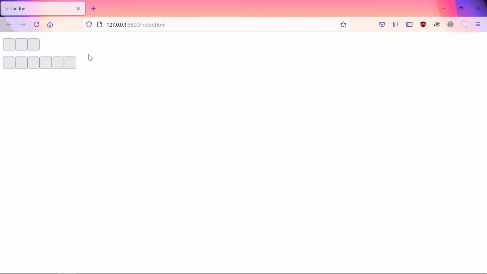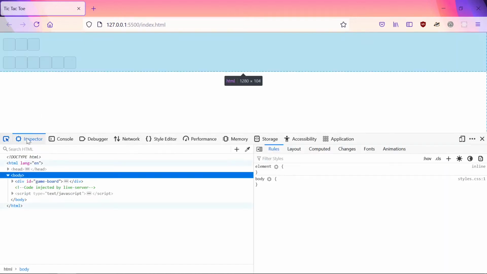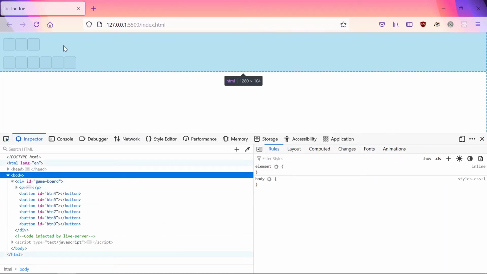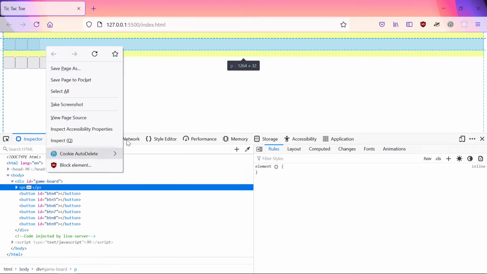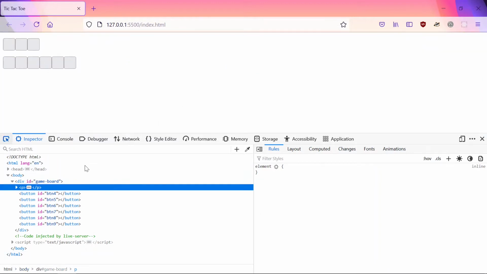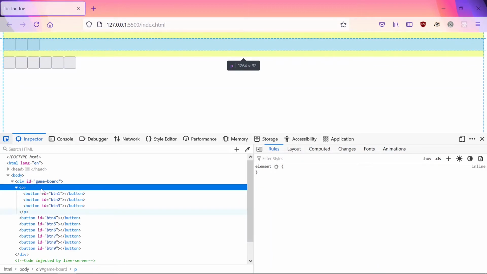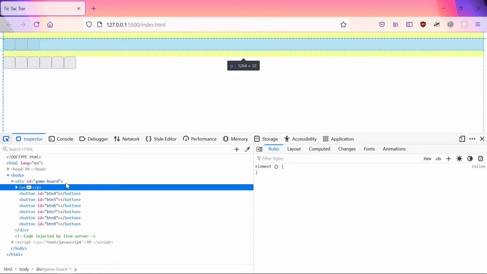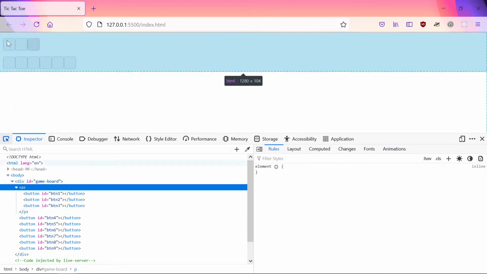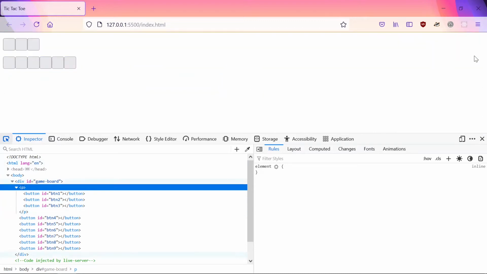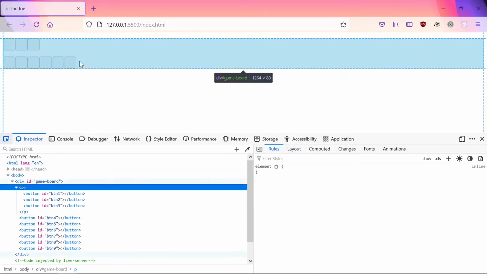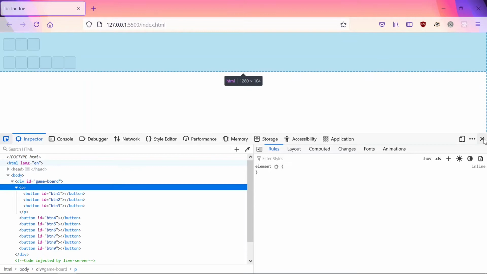So why is that? We can inspect from Dev Tools by right clicking and inspect. So what we see is that we have P elements in these three. So P takes the whole width of the window, so there is no more space, and this goes down. That's the reason.